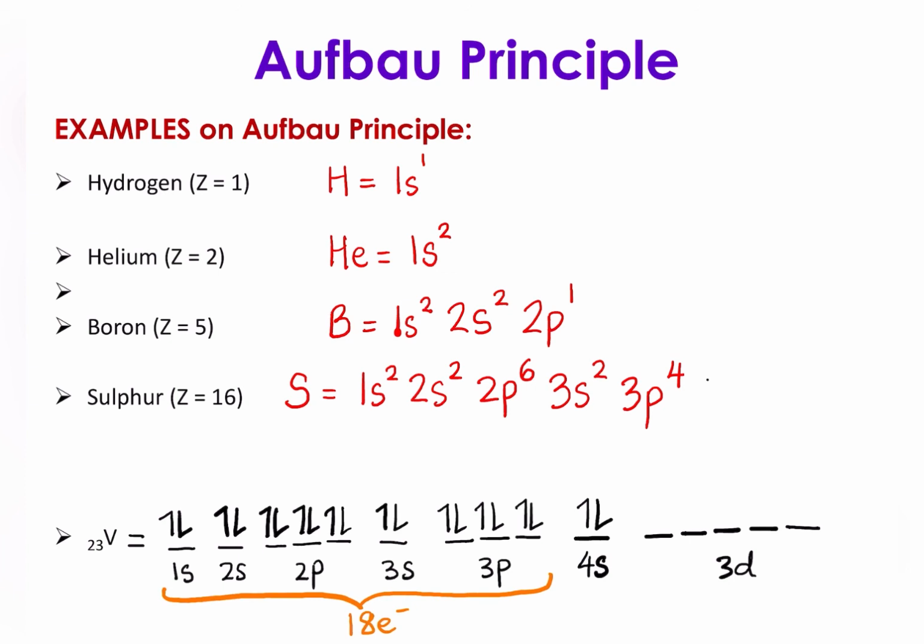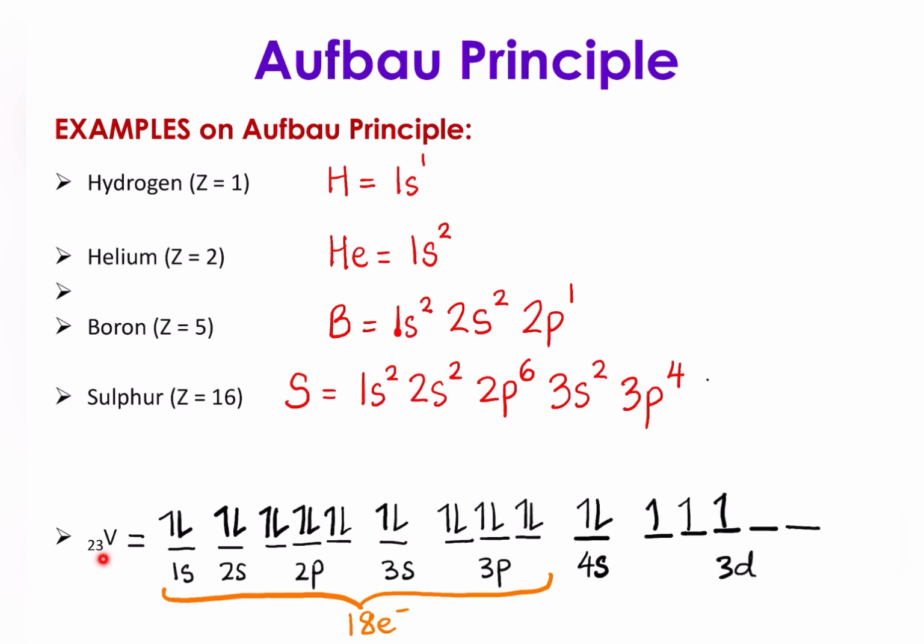And how to do this? For V, vanadium, saya ada 3 electrons bakinya. Saya akan isi dalam 3d orbital. Each of them. Pastikan semua dapat 1 dahulu. Alright, so this all, saya total up 18 tambah dengan 5. Saya ada 23